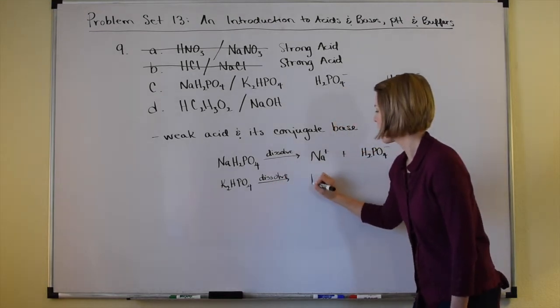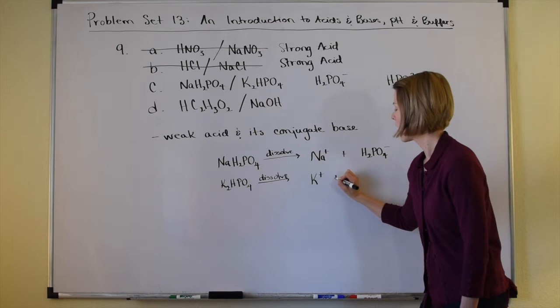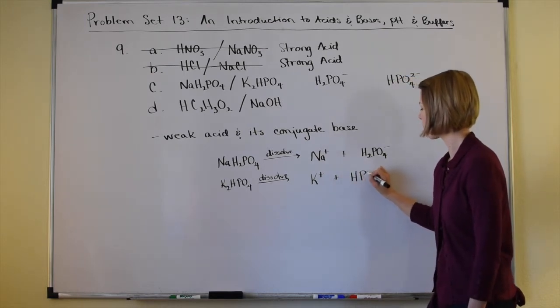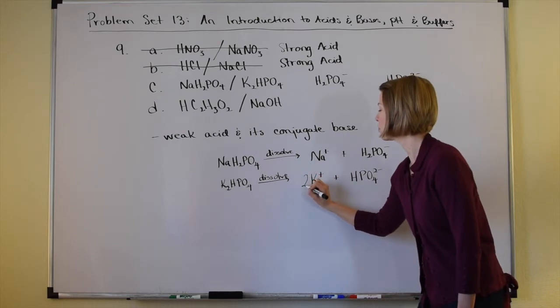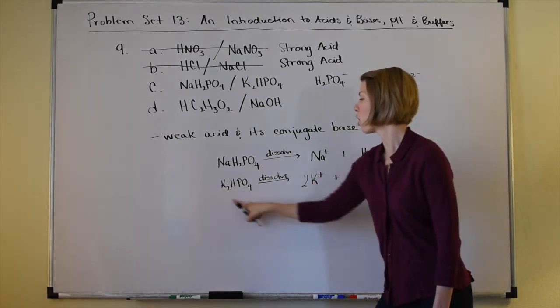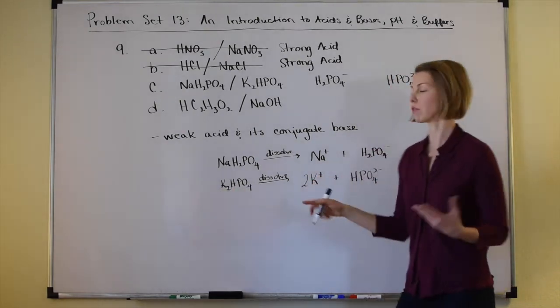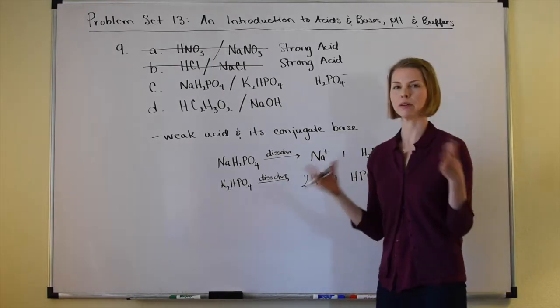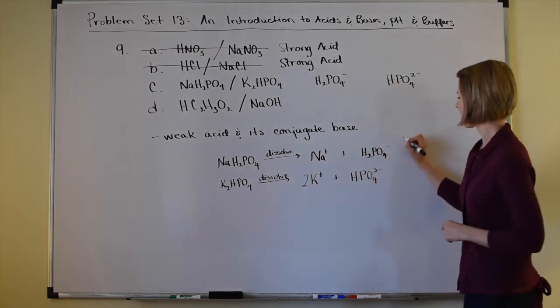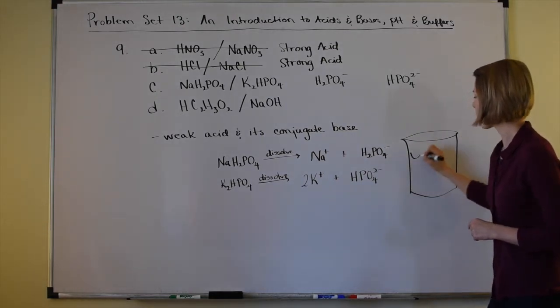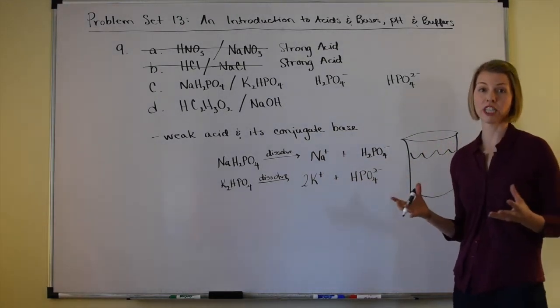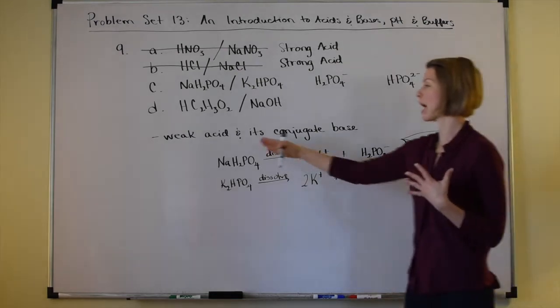So we will get potassium cations and hydrogen phosphate anions. We're actually going to get 2 potassium cations for every 1 formula unit of this that dissolves. So I'll go ahead and put a 2 there so you're not wondering where did that potassium go. All right, so let's draw our beaker and really look at what would be floating around in a solution prepared